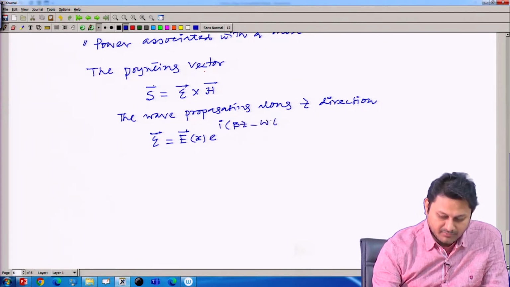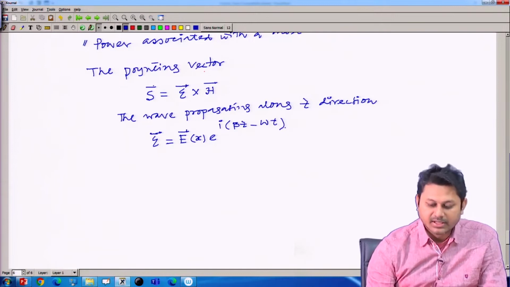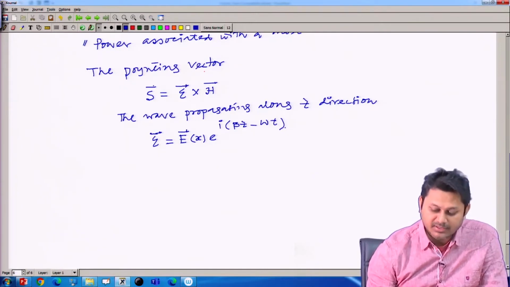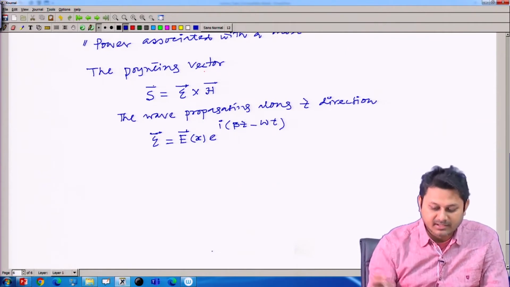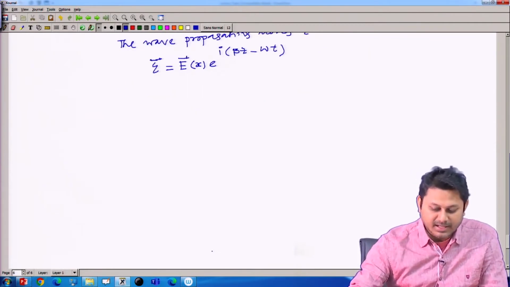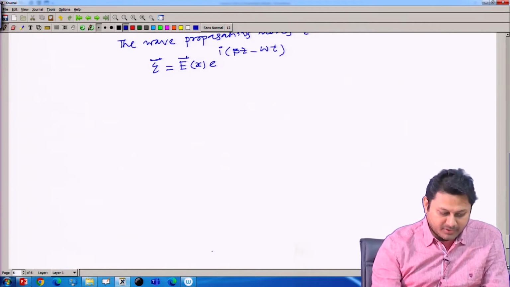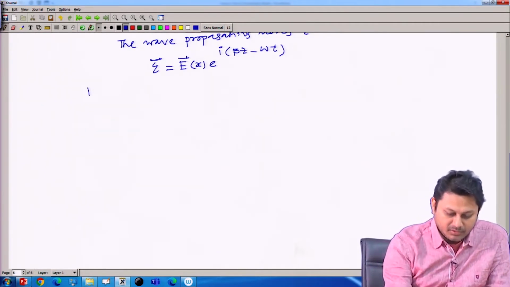So, for the wave that is propagating along z direction, in the waveguide that is normally the case, we consider the direction of propagation as z. So, electric field can be in this way, and for